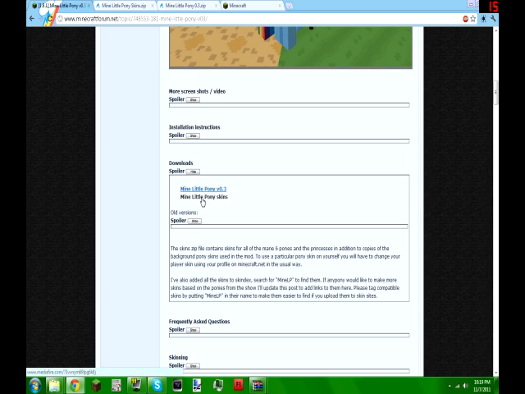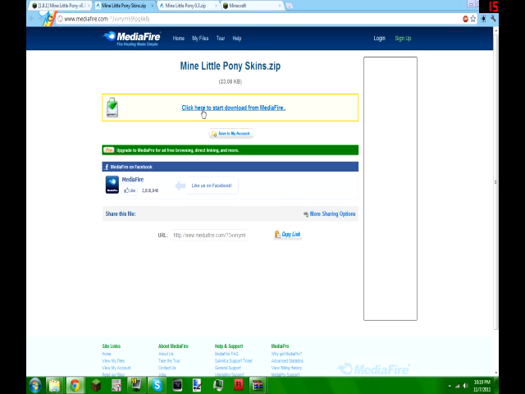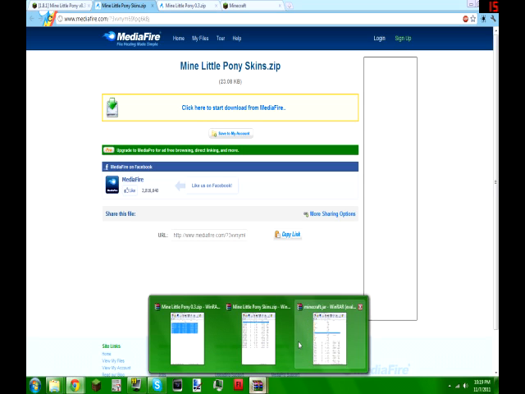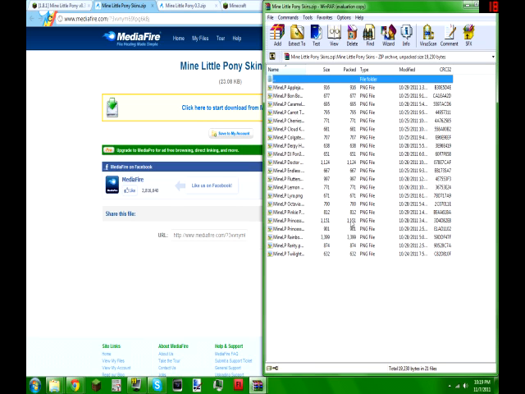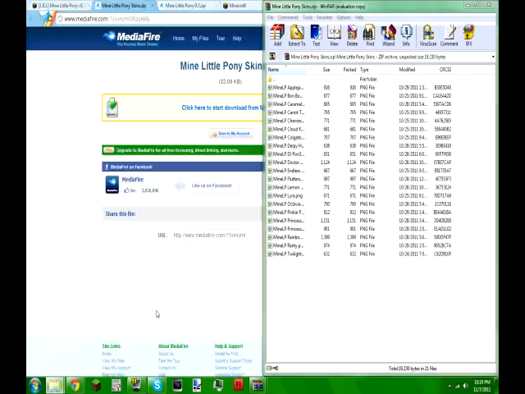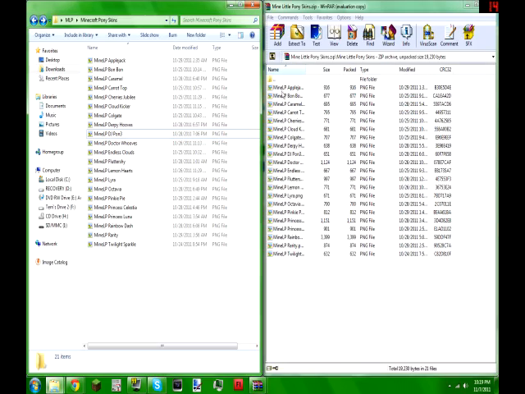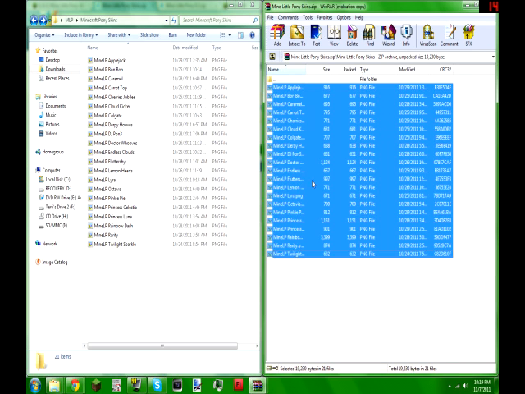of the skins. So you're going to click this link, and that'll take you here. You click this, and that'll open up a new zip folder, which will look a little something like this. Alright, now, my recommendation is extract that to a folder of your choice, extract every single one of these, and